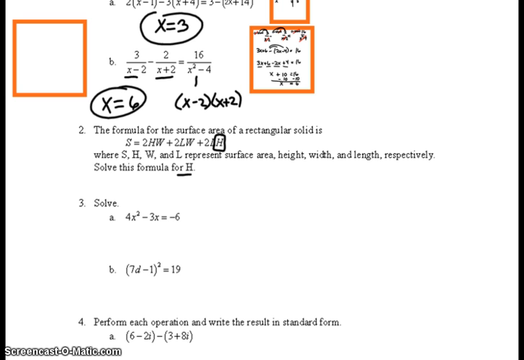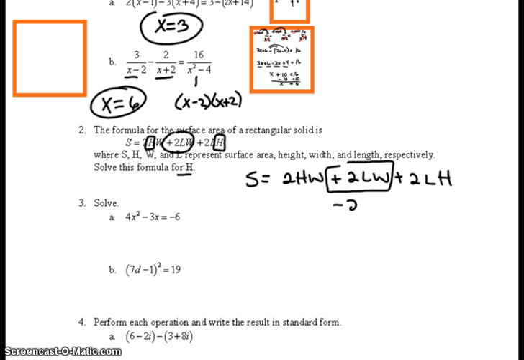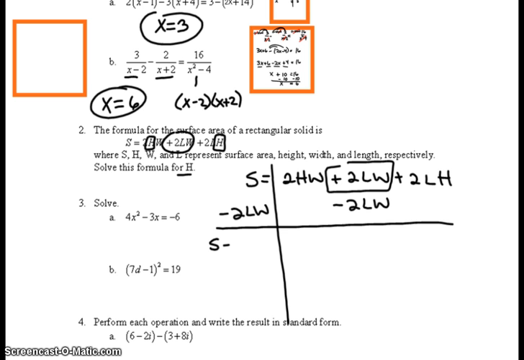So I want to get H by itself. Okay, my first step is going to be to remove anything that does not have an H. Okay, so minus 2LW on both sides. S minus 2LW equals